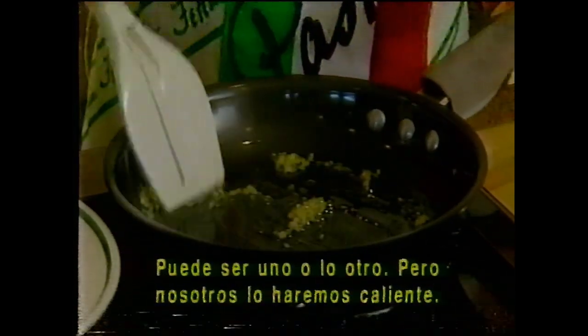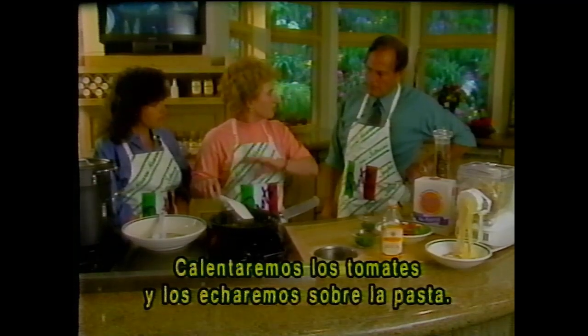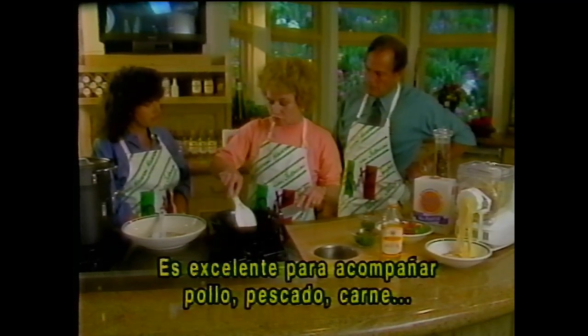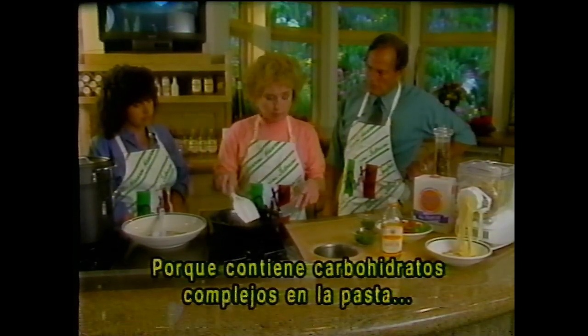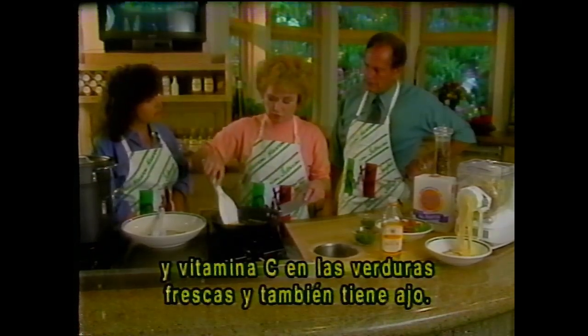What we're serving right now is going to be hot. We're going to heat the tomatoes in here and pour it over the angel hair pasta. Great with chicken, great with fish, meat. I bet it would be really good cold too. It's a good cold dish, and it's good for vegetarians. Because you get the complex carbohydrates from the pasta, and you get the fresh vegetables for the vitamin